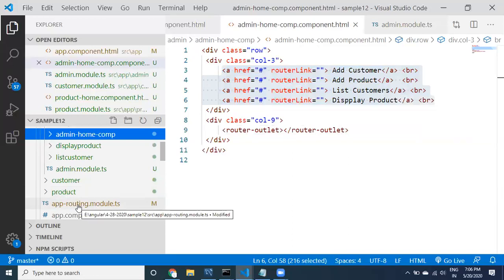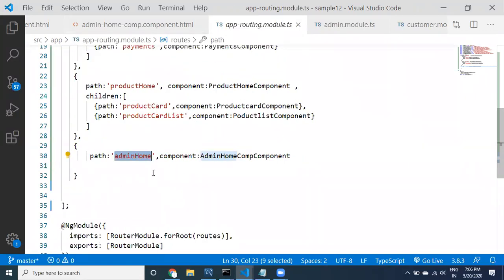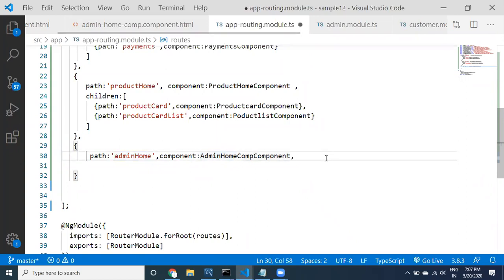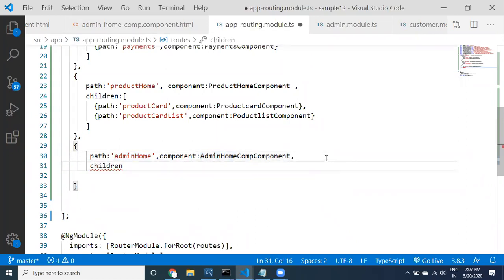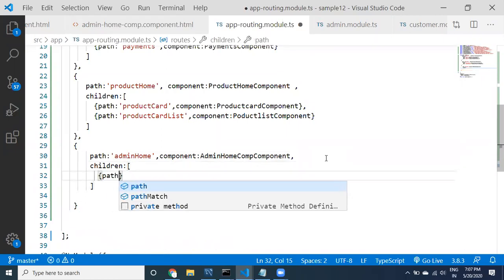You can go to routing modules. Here in the routing modules, whatever routers I need to provide, those are sub routings. For whom? Admin home. Within the admin home component, again router outlets are available. That's why these are the children for them. Children contains multiple routes. You can provide a path.